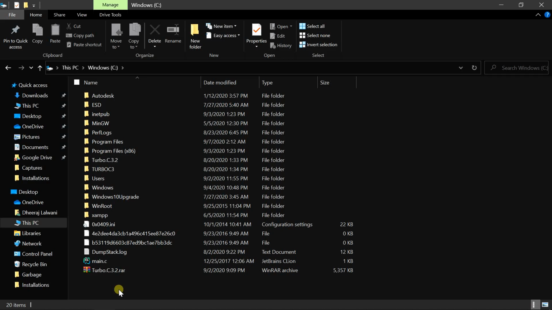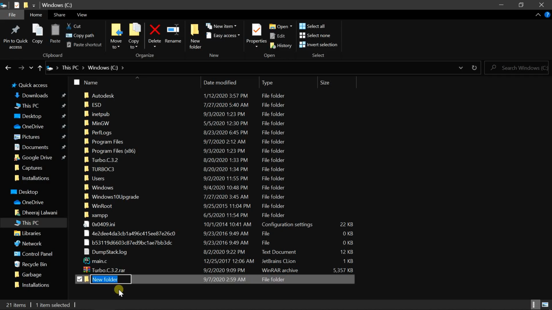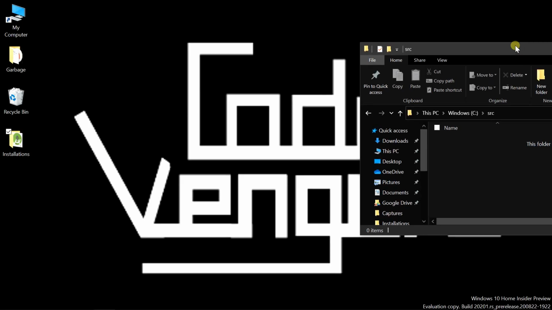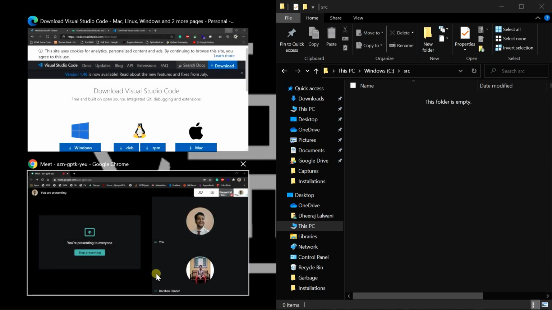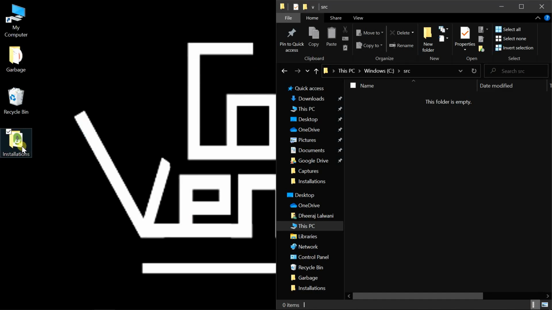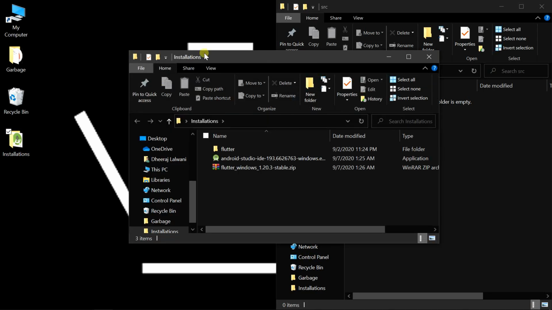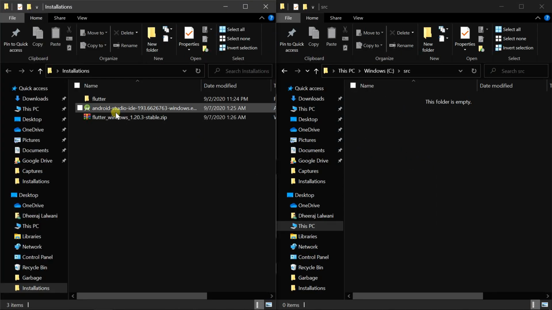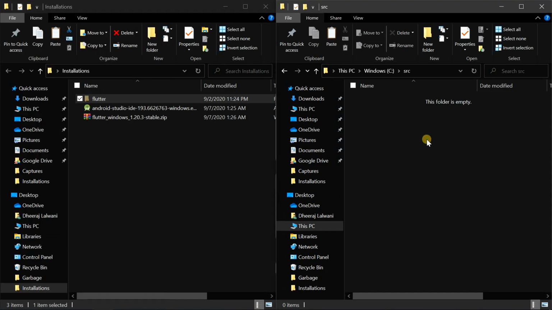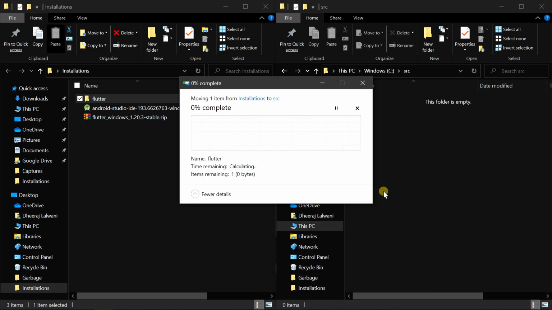I would recommend using src because it is in the docs, and there's no other reason for it. Then copy the Flutter folder over there. This folder which I've extracted, I can just paste it over there.